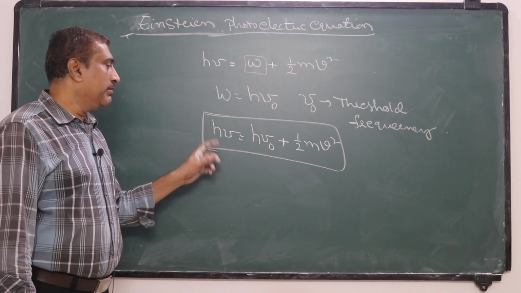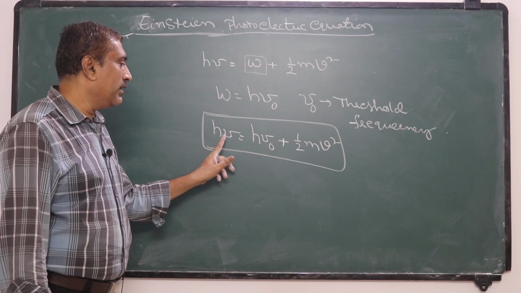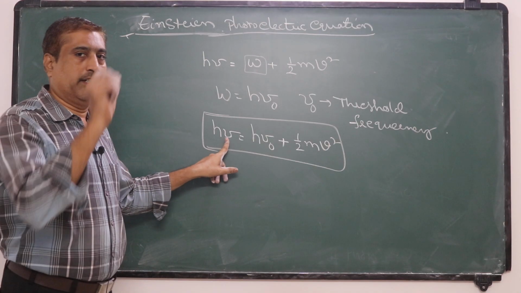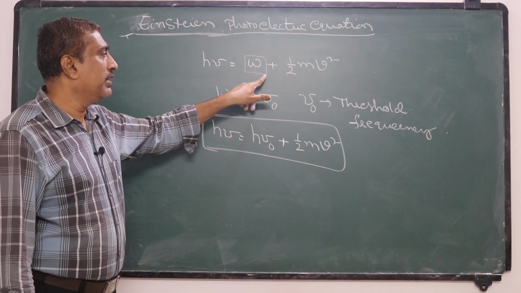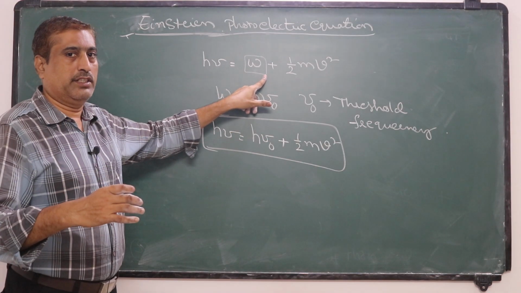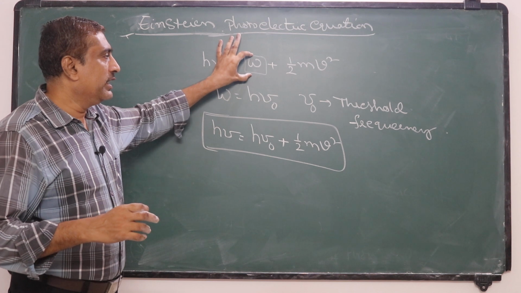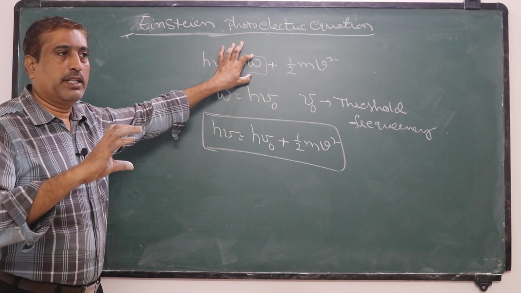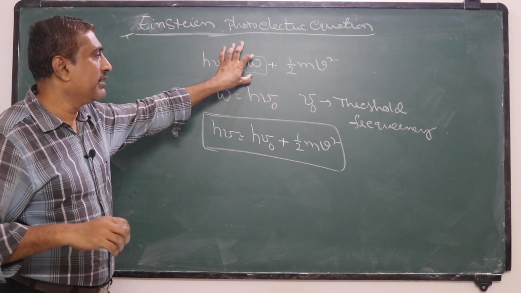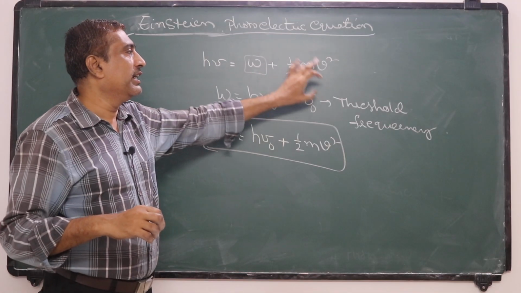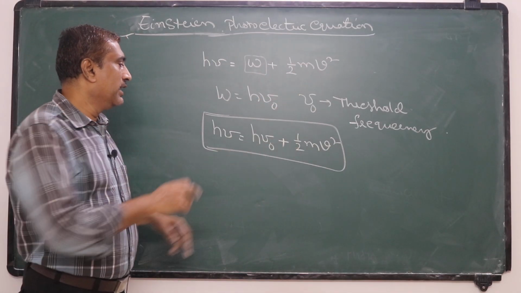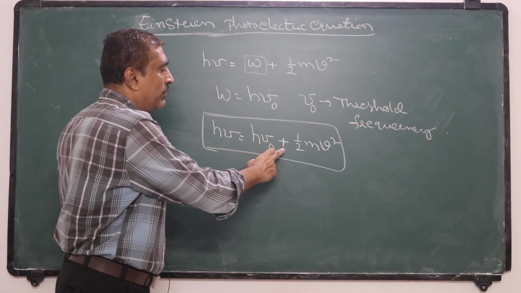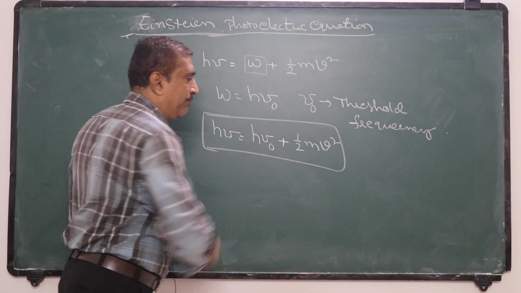Okay, that means when a photon of energy h nu is incident on a metal surface, the minimum amount of energy required to liberate the electron is called the work function. So that energy is used in two parts. One part liberates the electrons from the metal surface, the remaining part gives kinetic energy to the electrons. Okay, now this equation is h nu is equal to h nu naught plus half mv square.